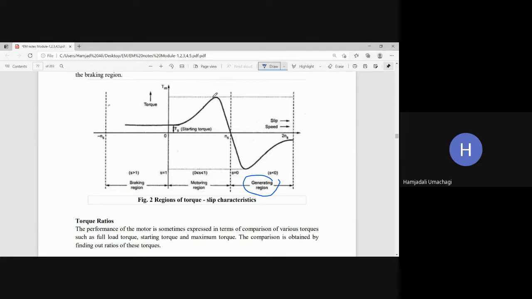From there, when torque reaches the maximum torque, then this is the unstable region, where the motor will come to the resting condition, that is here you will have the starting torque. So this is nothing but slip s equal to 0 to 1, the motoring region of the three phase induction motor. From slip lying in the range of 0 to 1, it is the motoring region. So this complete graph is for the motoring region.